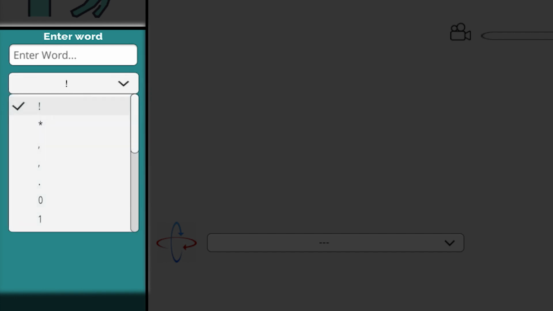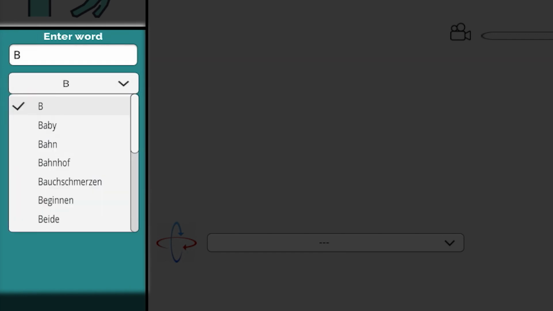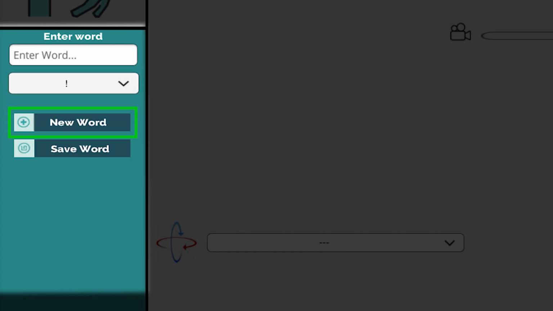In the drop-down under the text field, we would be able to see all the words that have previously been configured, starting with the letters in the first text box. If we left the box empty, we would see all the configured words. The button New Word will delete all and any configuration that was made and the word in the text fields above. When we say delete configuration, we mean reset anything that was done with the avatar back to the starting position. On the other hand, the Save Word button will permanently save the word and the associated configuration into the database and then reset the configurator as if the New Word button was selected.